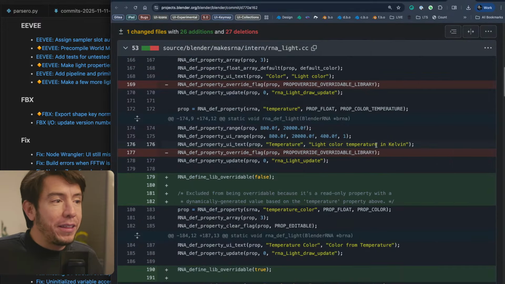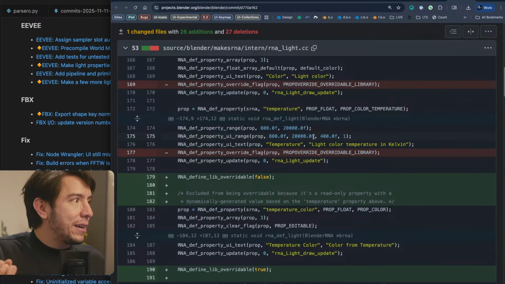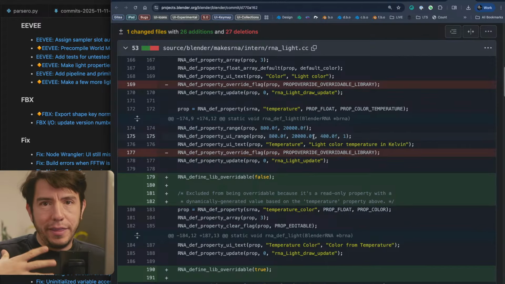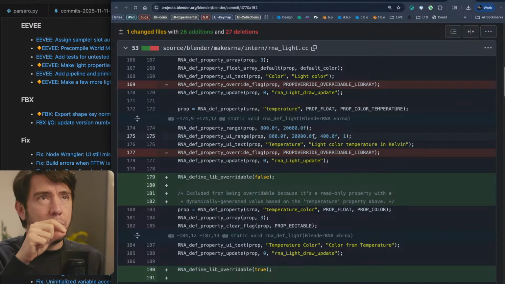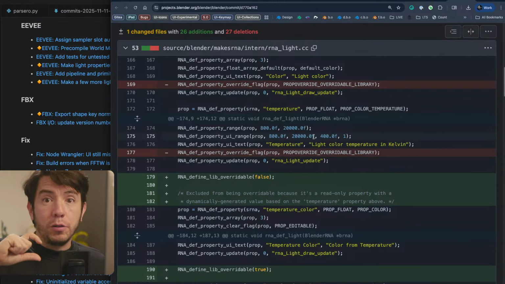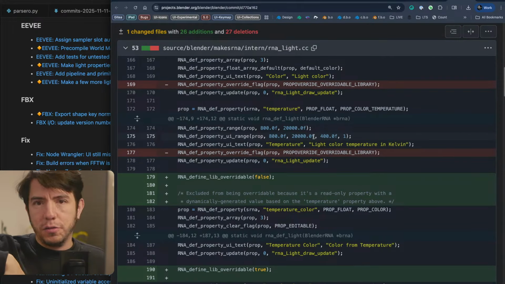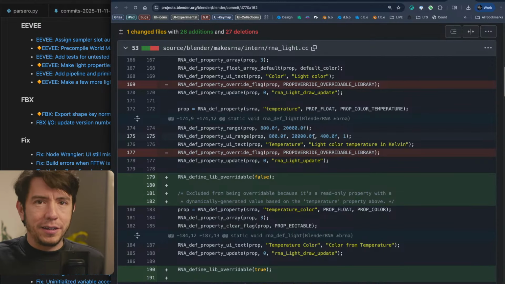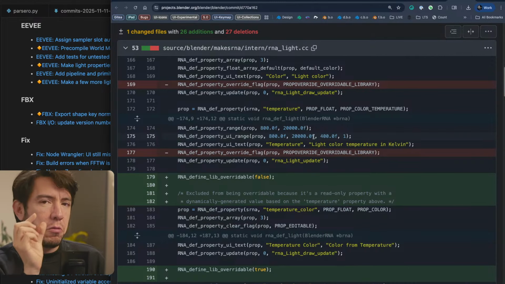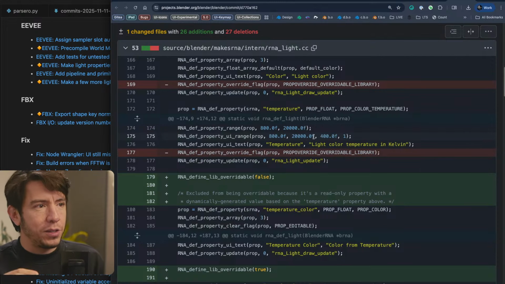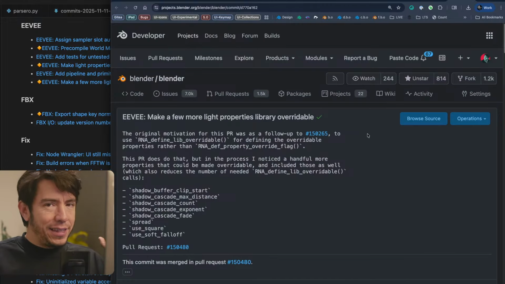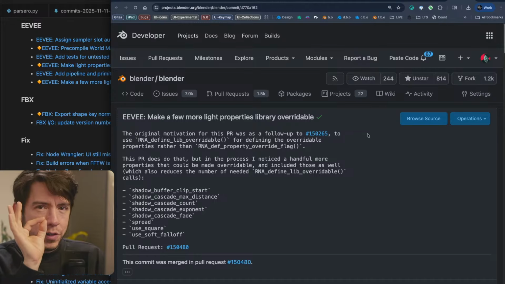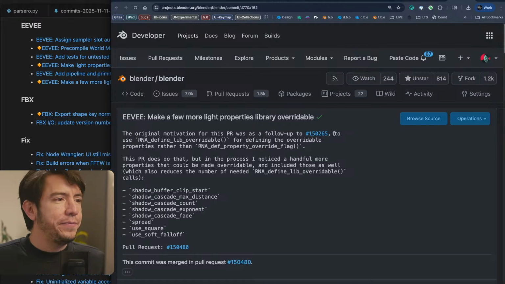What does it mean overridable? It's when you link an object, a data block, and then you can apply changes or override specific properties without losing that reference. So say you link an entire character, you can keep the whole character referenced, but change one bone, one pose. In this case, a light. So you can link the entire light setup and change the color of just the one light. This is awesome.